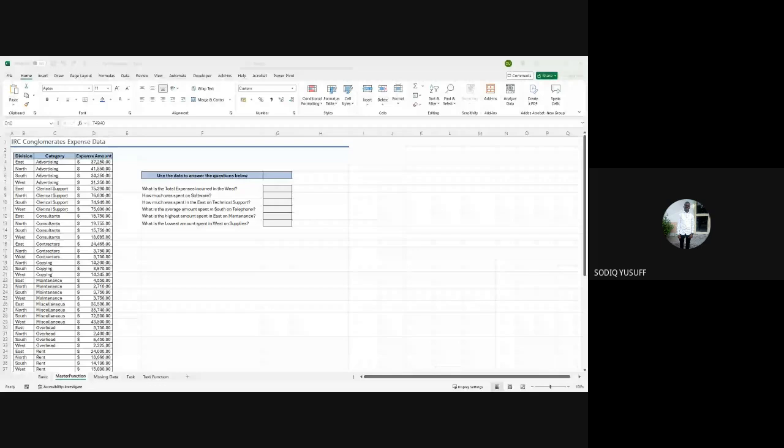In such a case, we have to first of all structure the data. When I say the data is not well structured, it simply means such data is not clean. You're working with dirty data, which means you're working with unstructured data.